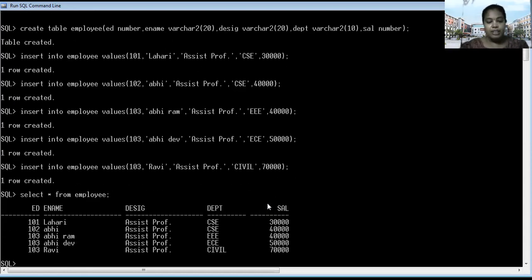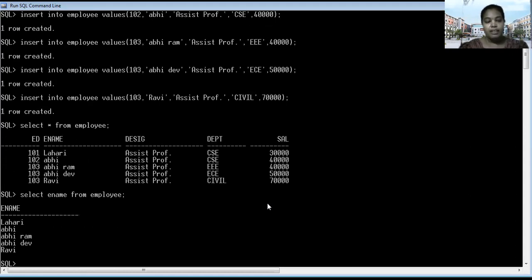Here it shows what fields exist in the table and what data exists in the table. Here 5 rows of data are displayed. If you want to display only employee names, then you have to replace the star with employee name. Then it shows only employee names.